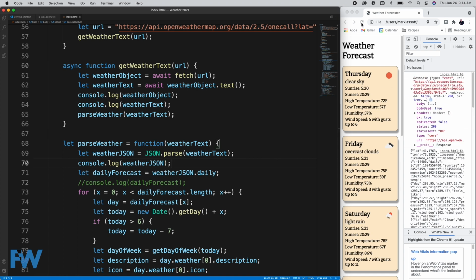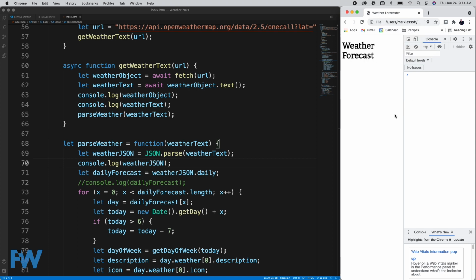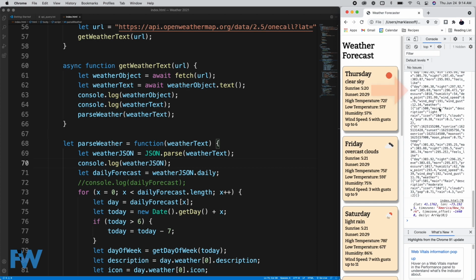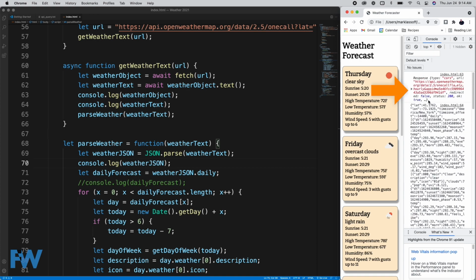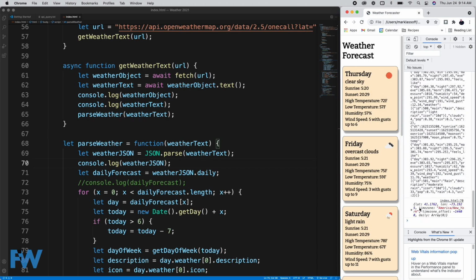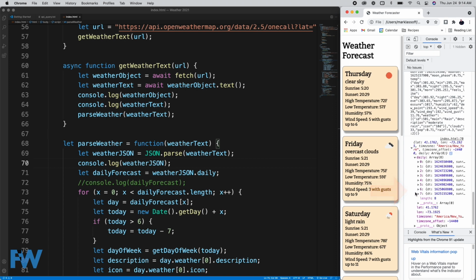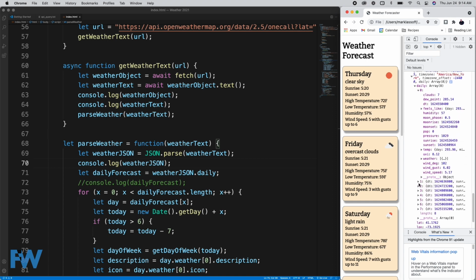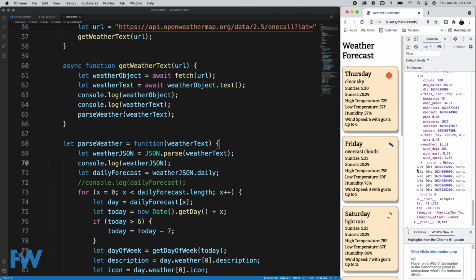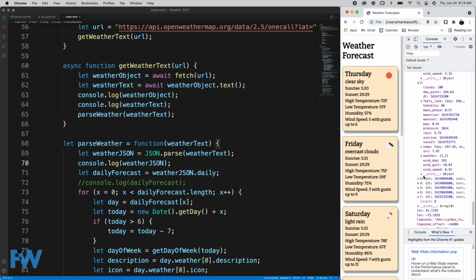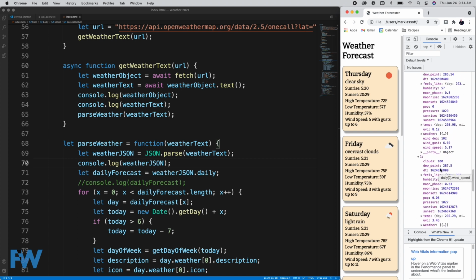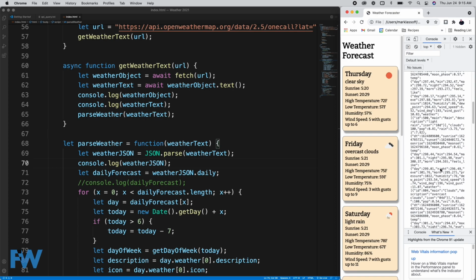All right, so let's go ahead and refresh, and then we've got to wait for it to do its thing here. This is exactly why we need asynchronous functions. All right, so there you can see, first of all, the return object, the text, and then the converted JSON object. The converted JSON object has useful information in here, and we can dig into it and actually see the information for the days in our forecast. That's where all the information comes from. So all of this is now stored in weatherjson.